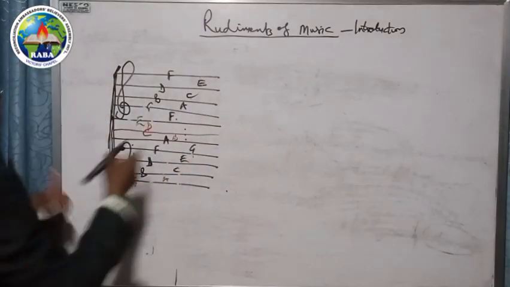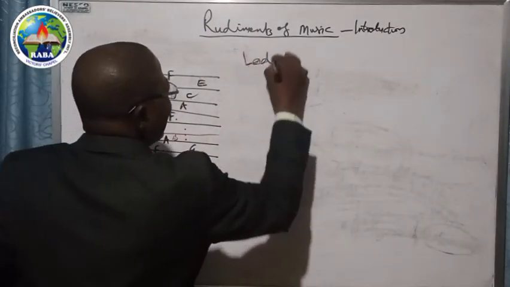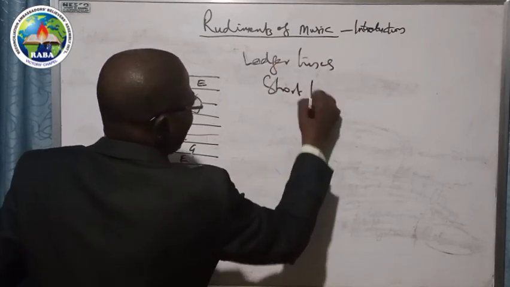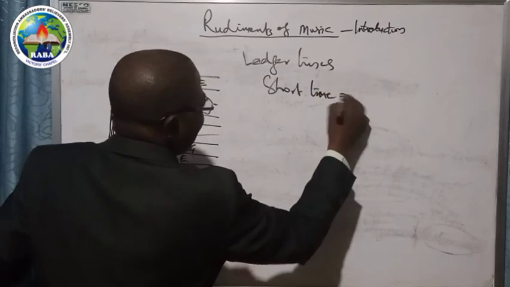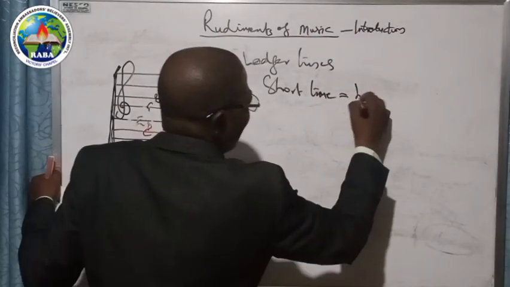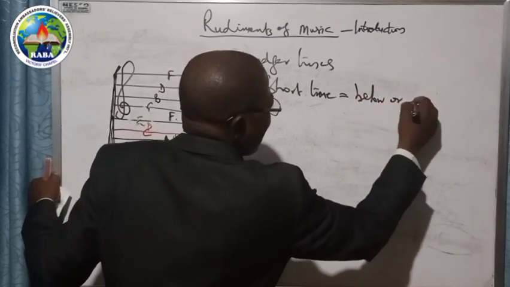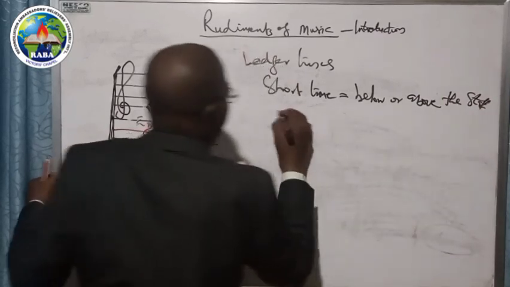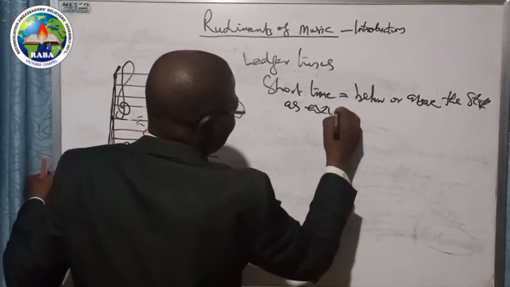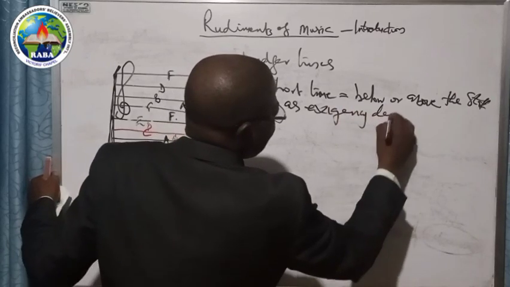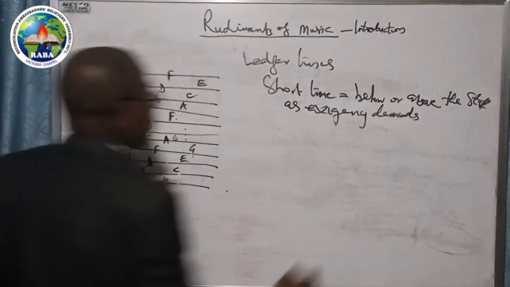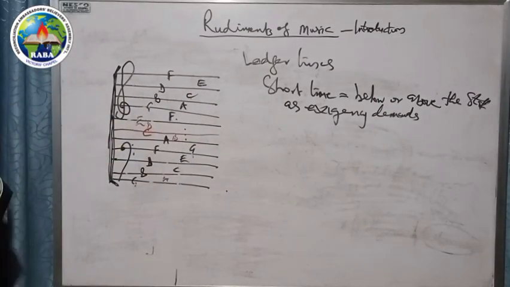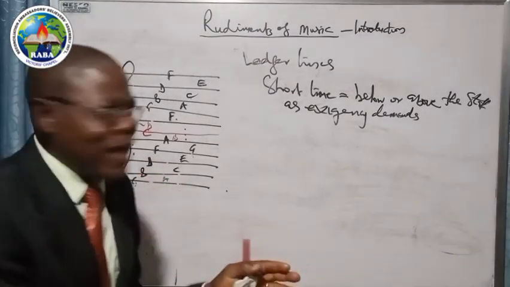Ledger lines are short lines that can be created below or above the stave as exigency demands. We are saying that unlike the regular lines, 5 lines and 4 spaces, you create ledger lines